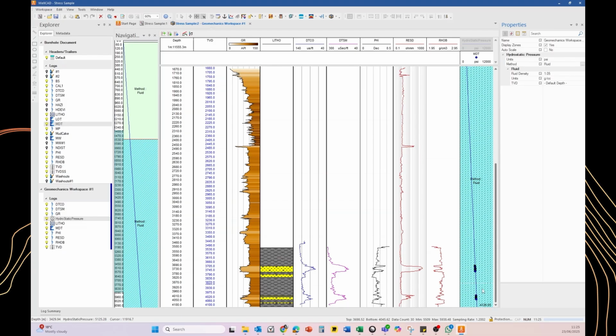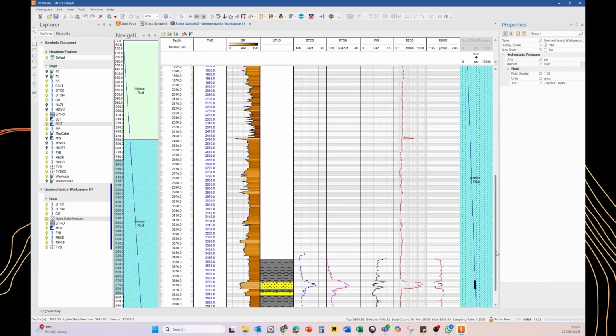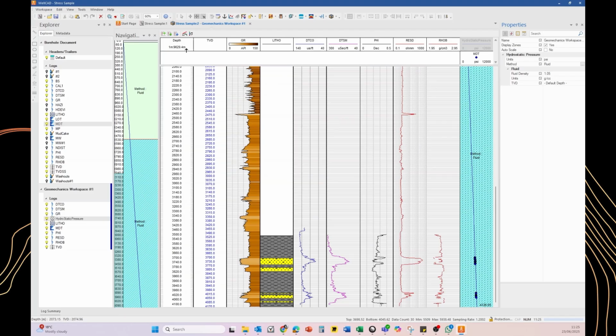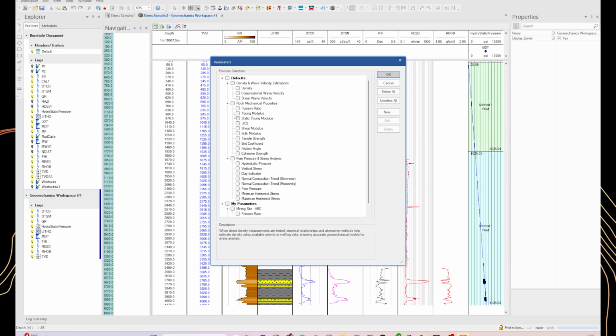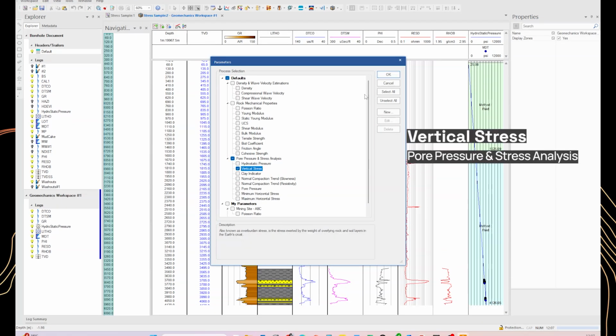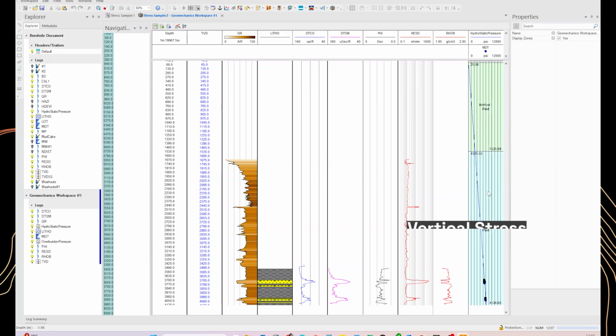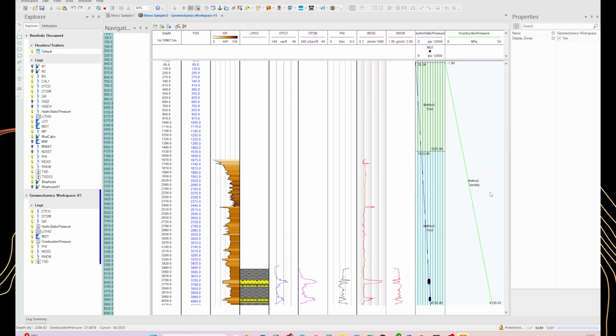Now we move into the next item, the calculation of the vertical stress. We have a new track on the right. To calculate vertical stress, we require density values.